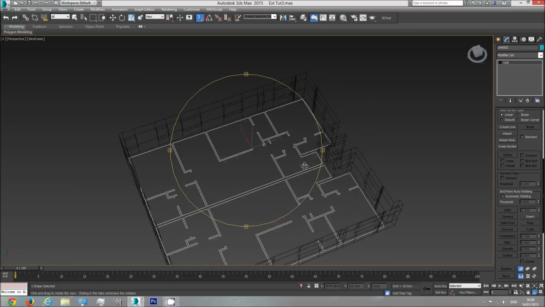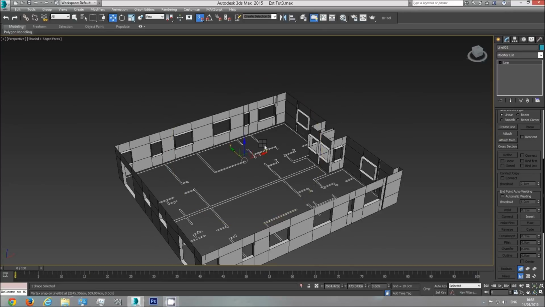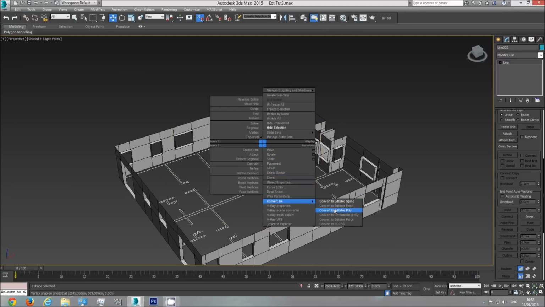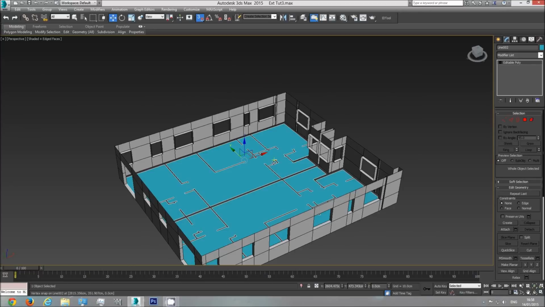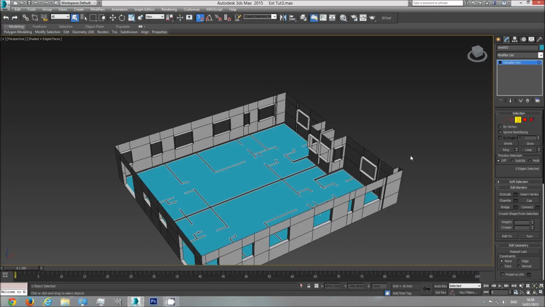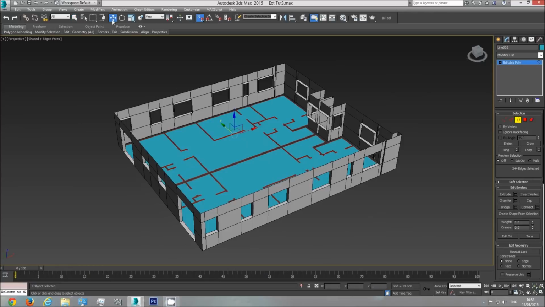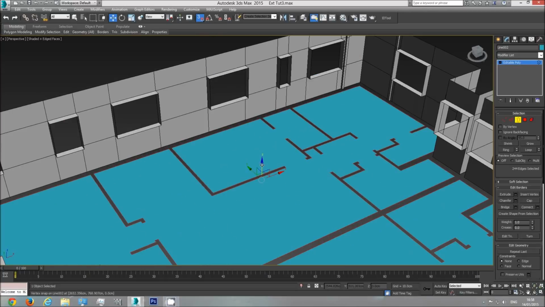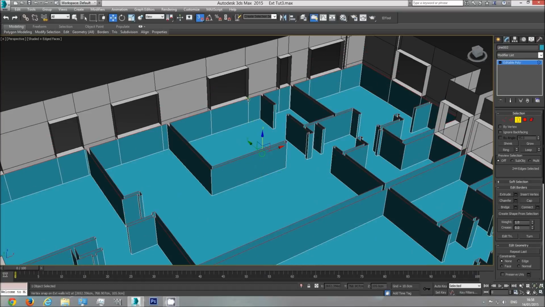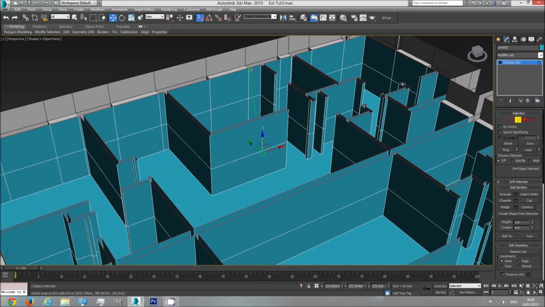And I'm going to create a floor out of this. So I'm going to right click, convert to editable poly. Now we have the interior floor, which is great. I'm going to choose the borders, and the border of this one. Now I'm going to leave the snap toggle on. I'm going to shift drag to the bottom of this window and shift drag to the top of this window,